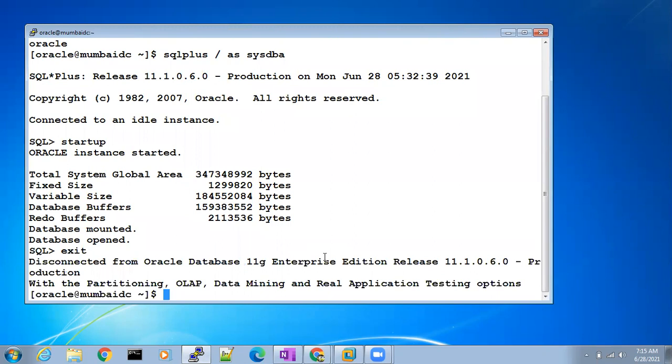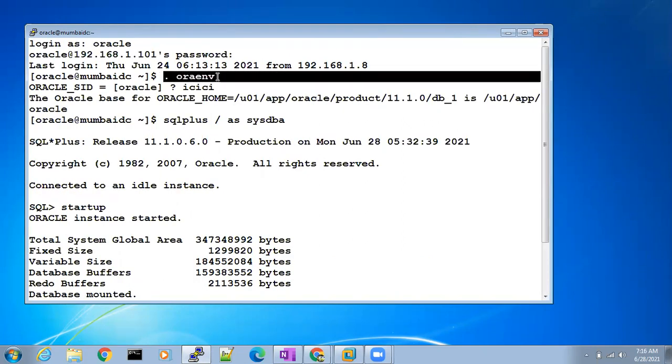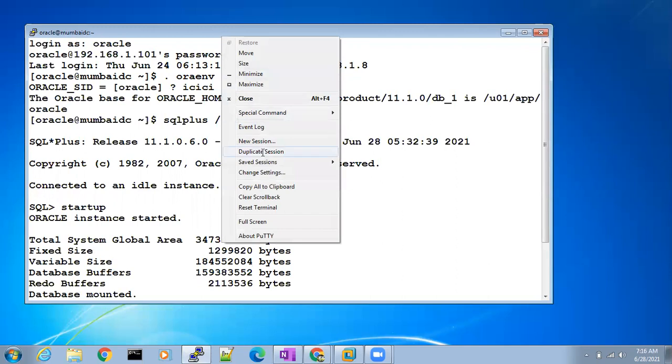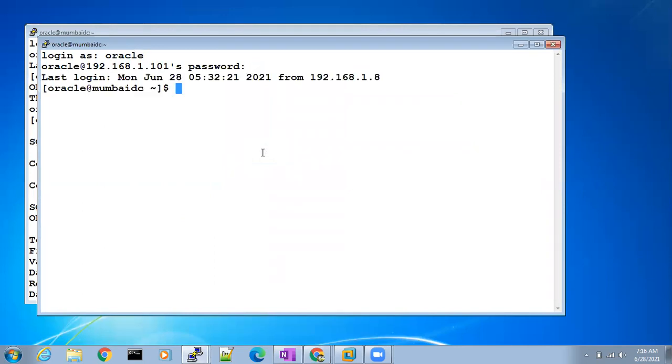Whenever you start your VMware and this server, the first job that you have to do, whenever you start a new session, is ORI-NV. Without ORI-NV, a lot of people take a duplicate session, log in as Oracle, and directly try the SQL Plus command.